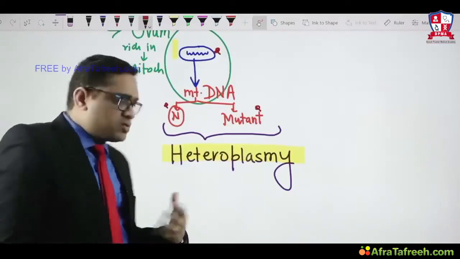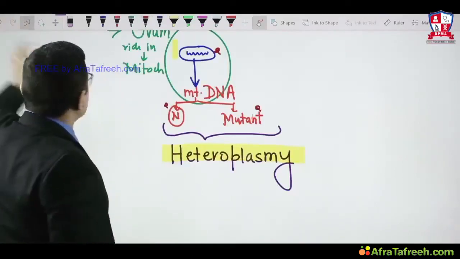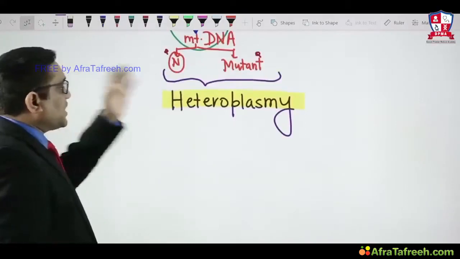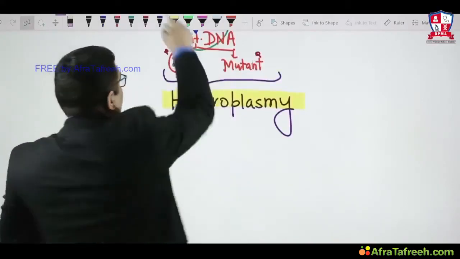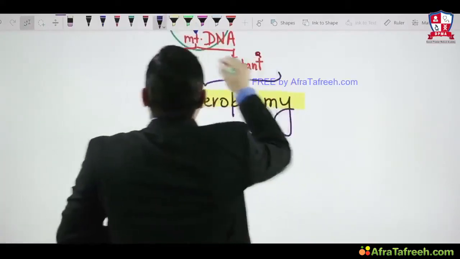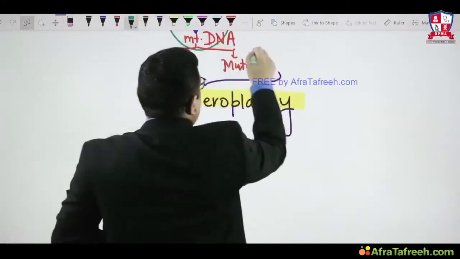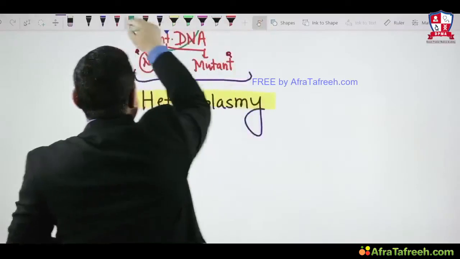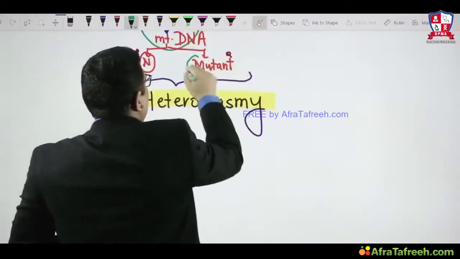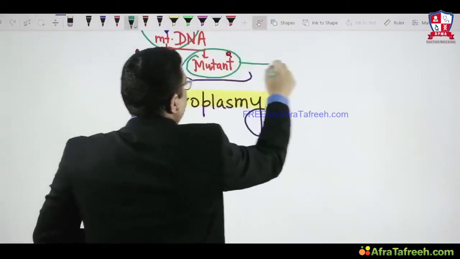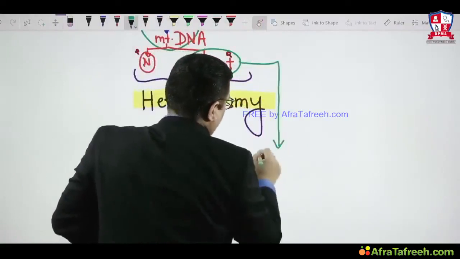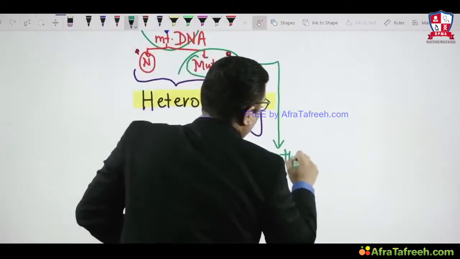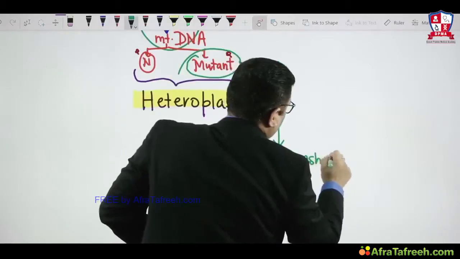That was the true statement. How is it associated? They are having normal and mutant also. So whenever this mutant mitochondrial DNA is above the threshold limit, right? There is a threshold limit. So when it is above the threshold limit,